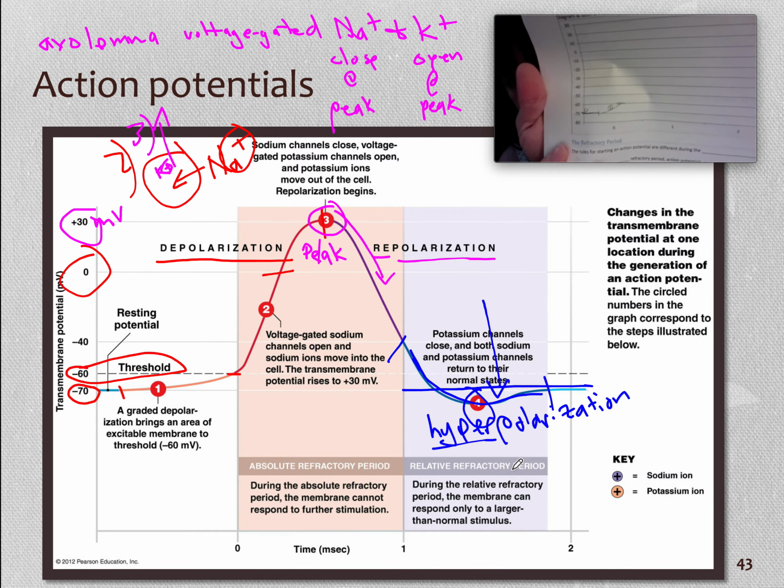Okay, and we go further down than resting was, -70. We're going to go all the way down to -80-ish and then back up to -70 to return to resting,